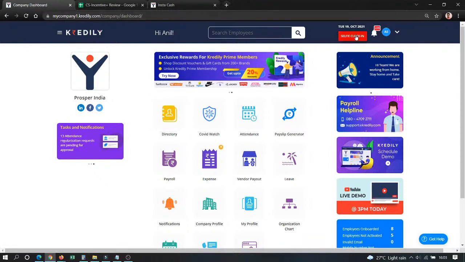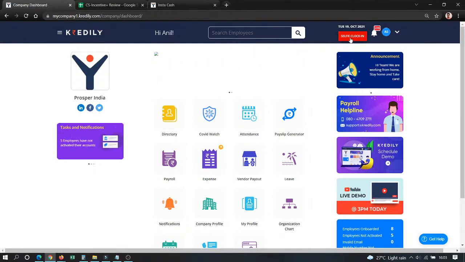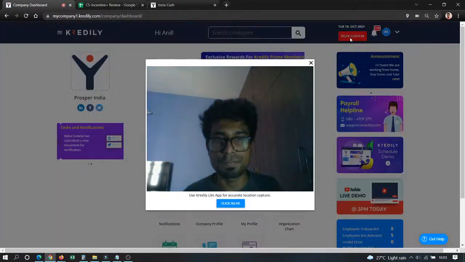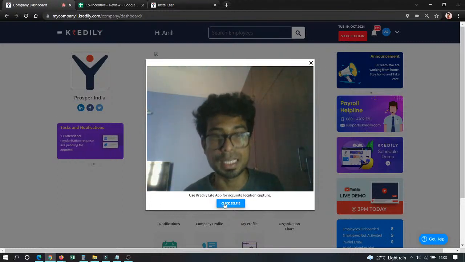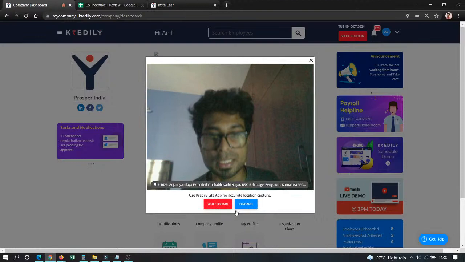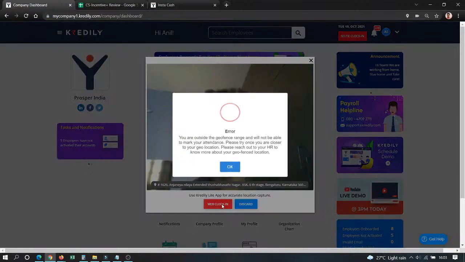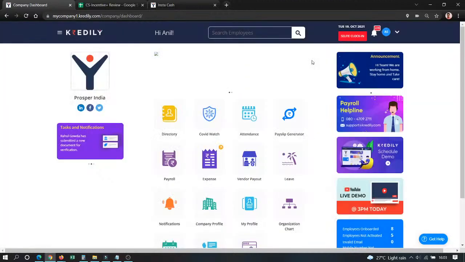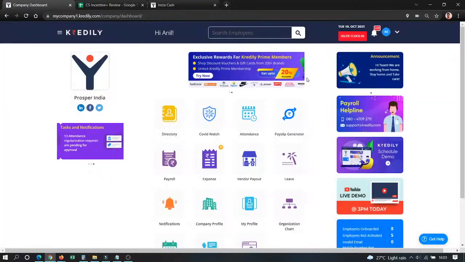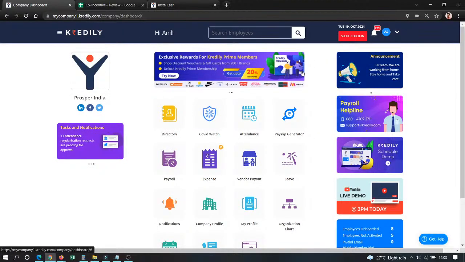As you all can see in the top right side, there is a button called selfie clock in. Just click on the selfie clock in, and as you can see, the selfie will be taken. The selfie of all employees will be taken, and you can do the clock in from here. We also have geofencing enabled. That means I cannot log in from my house location. I can only log in from my office. So if this is the scenario for you as an employee, just make sure that you are in your office